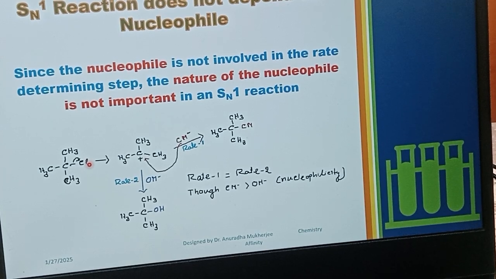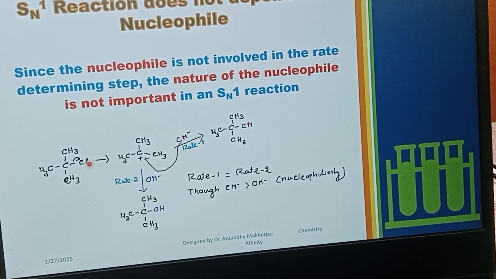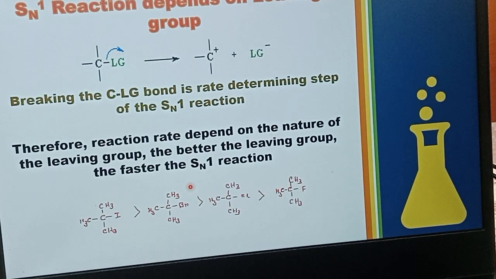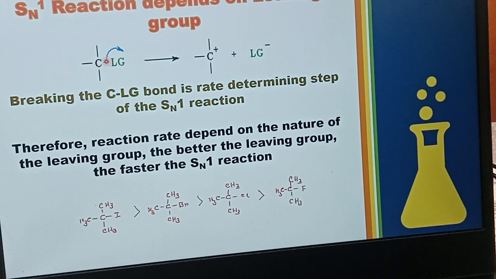Hi, yeah, tell me. Rate determining step does not mean it is slow step? Yes, rate determining step means slow step. That's why it's called rate determining step. Ma'am, but in the previous slide we saw that in the rate determining step, the bond should be weaker. Bond should be weaker means what? You are breaking the bond and getting the 3° carbocation. This is your step 1. This is the breaking of the leaving group, formation of carbocation. This is the RD step.